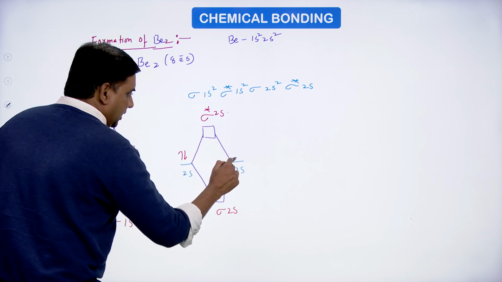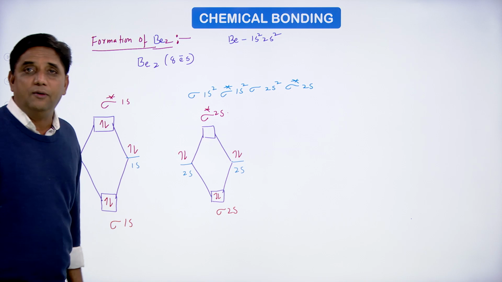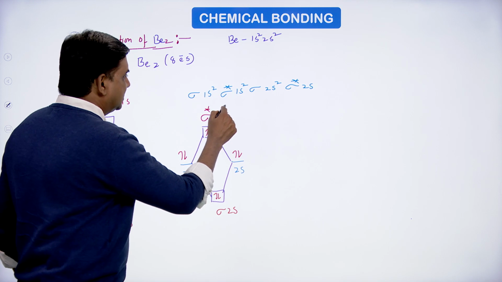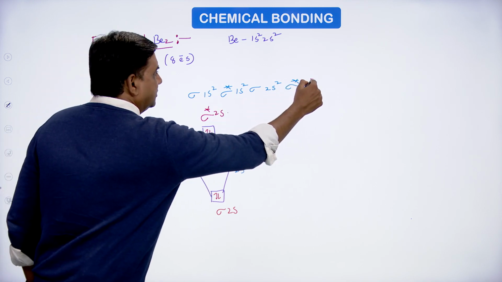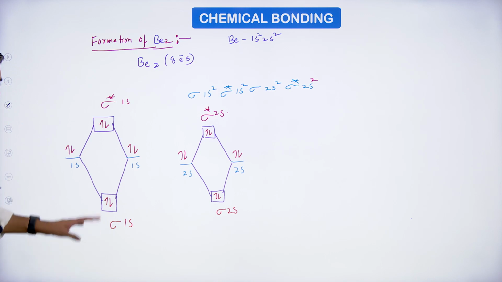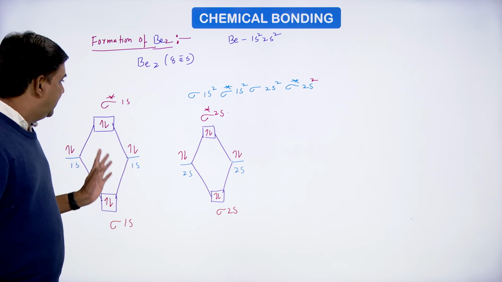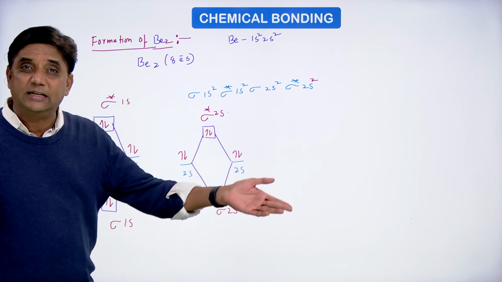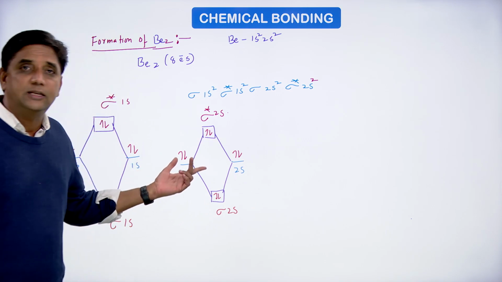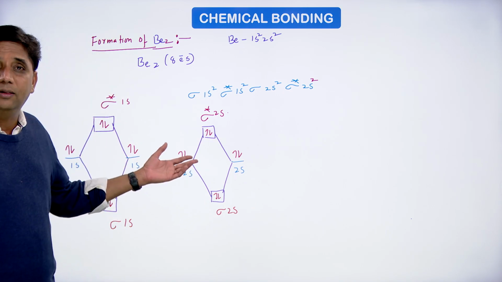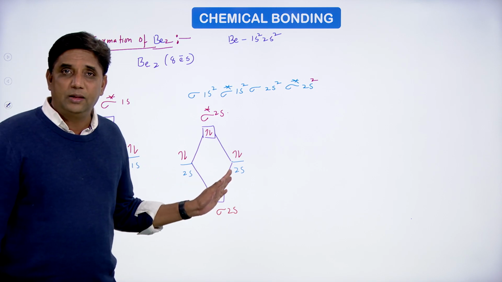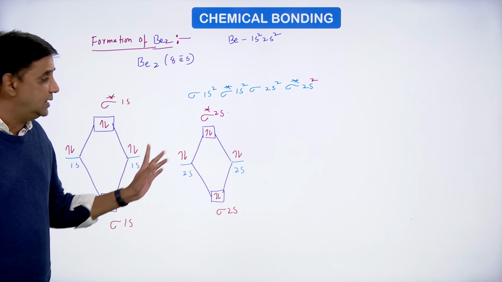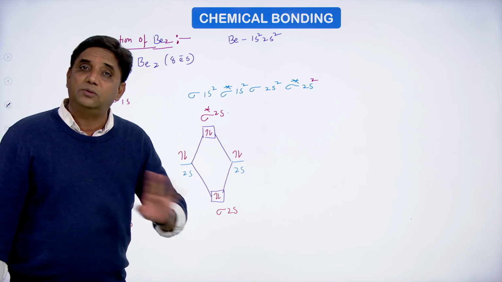The 2s orbital of one beryllium will combine with the 2s orbital of another beryllium. There are 4 electrons, 2 are filled here and 2 are filled here, in sigma star 2s2. This is the 1s orbital molecular energy diagram and this is the 2s molecular energy orbital diagram. The same will continue for the next elements, boron, carbon, nitrogen. So every time we are not going to write all these things. Now we are going to write only the p orbitals. You have to understand the 1s and 2s for all the atoms henceforth are the same.